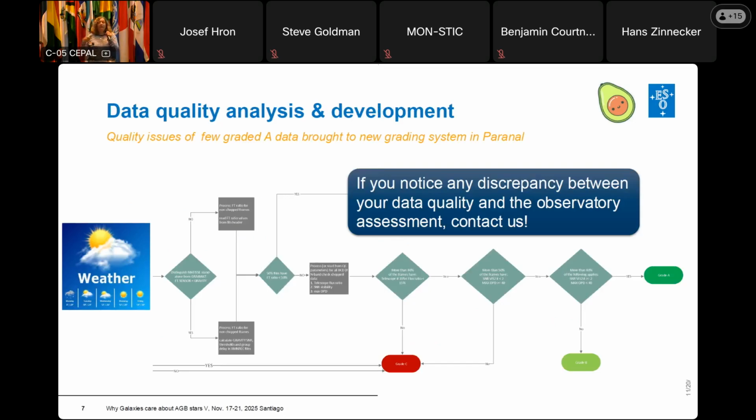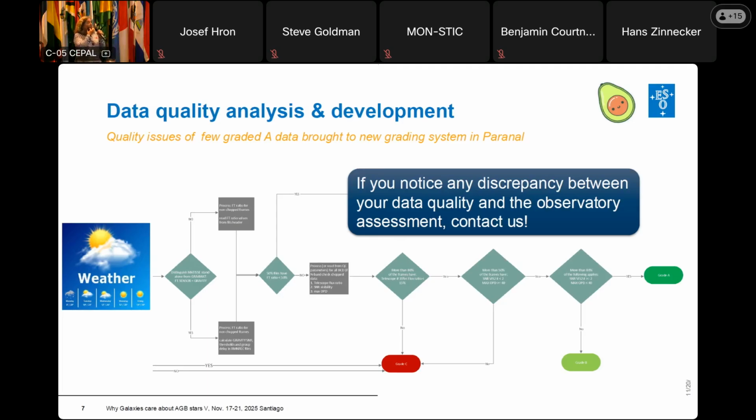In the making and developing of this work, here I'm putting my hat of formal instrument scientist for MATISSE. Basically, MATISSE came online in 2017, so we were still in the first years of this instrument. For the people that have ESO data, you will see when you receive your data that there is a grading system that the observatory uses, and you have A, B, or C. A, B, it's like you have very good data; C, it's like, oh, I observed crap because the weather was bad or whatever, and so your data go back in the queue.